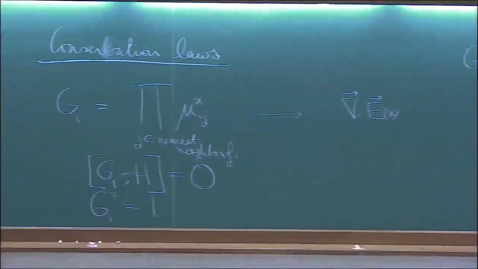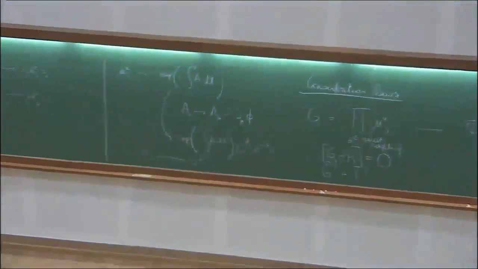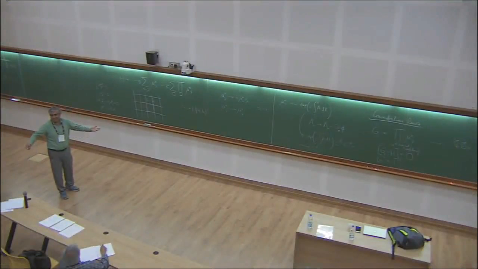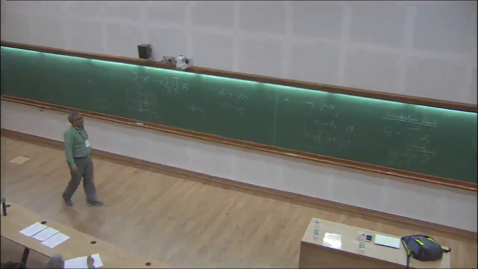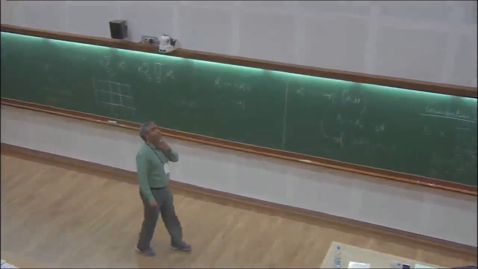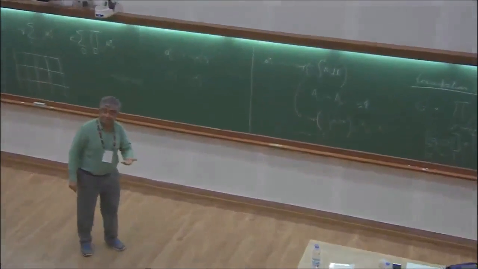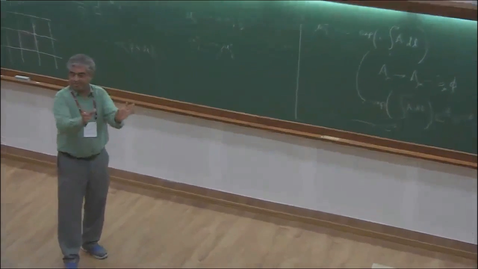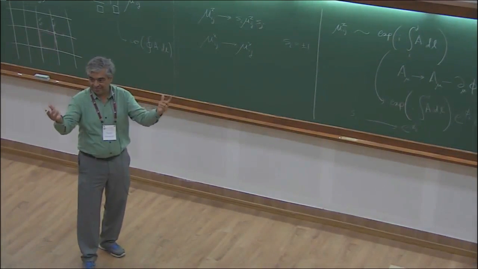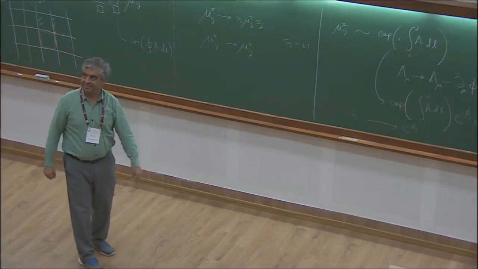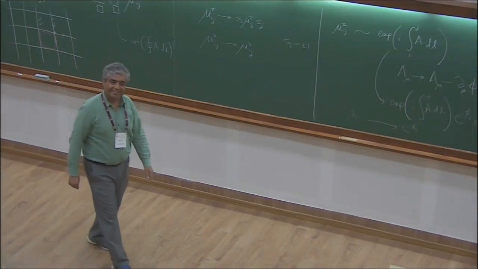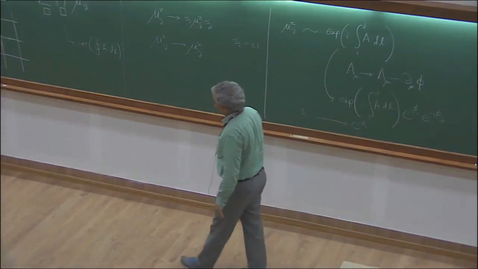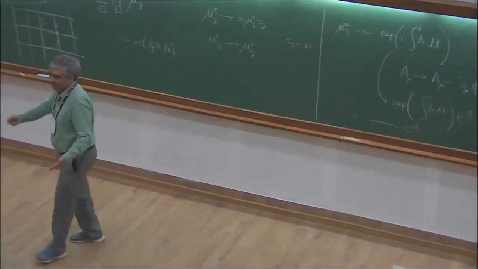Can you find something more? I don't know, you just have to look and stare and see if you can think of anything else. There's no guarantee, of course. There may be others actually, come to think of it. If you find two conserved quantities, then the commutator is also a conserved quantity. Well, these actually all commute, so there's nothing there. That won't do. No one's ever mentioned any, so I don't know how to prove it.